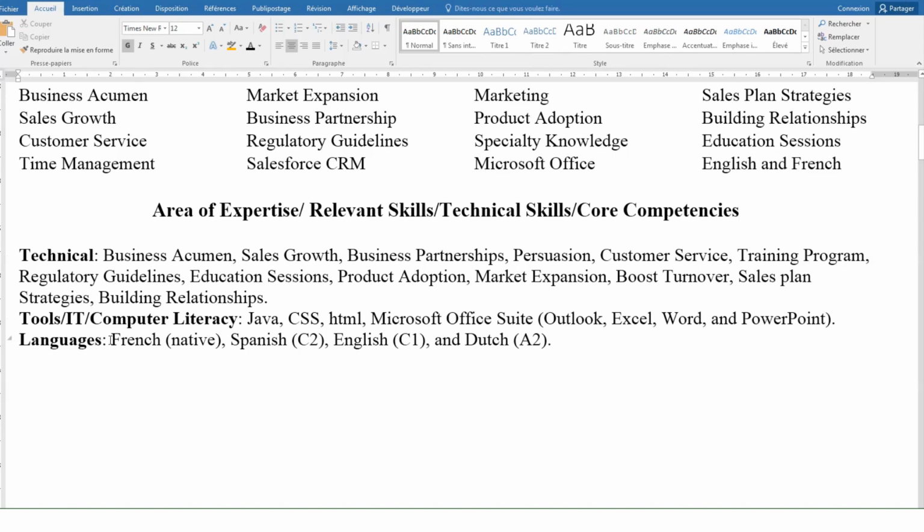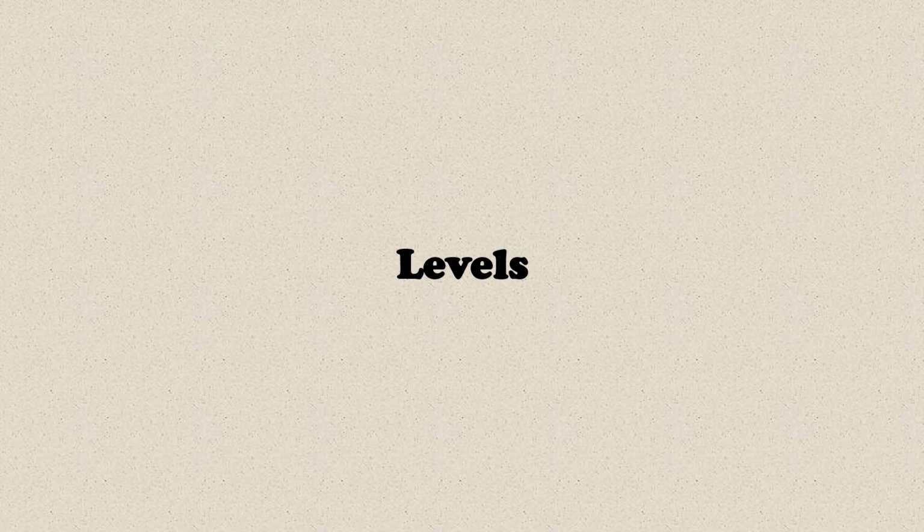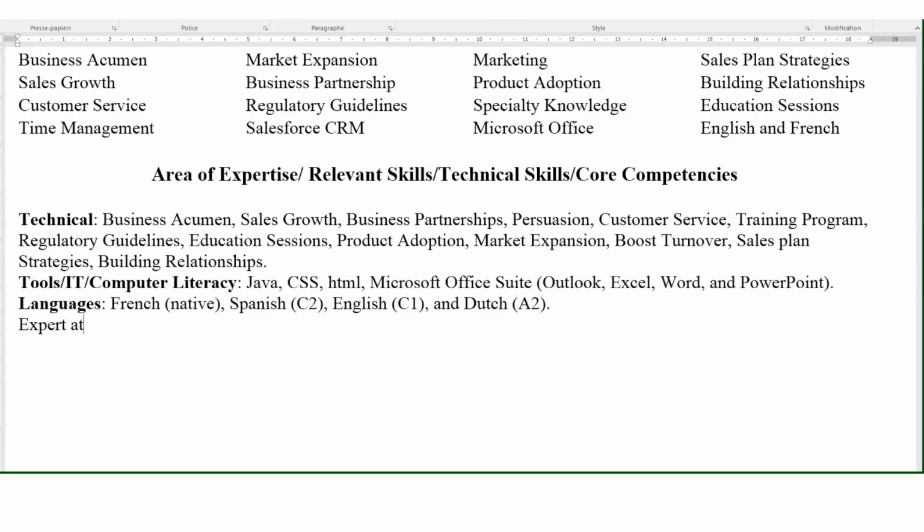Languages, if you're multilingual, you put all the languages that you speak with the level, as you see here, from the best to the lowest. Sometimes what you can do is mention in your skills section that you are expert at. This is another way to present your skills. Expert at,